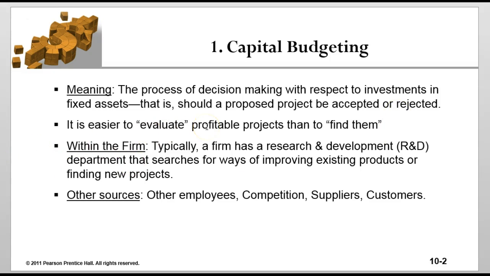And one of the things that the book brings out is that it's easier to evaluate them than it is to find them. So where do you find them? You find them within the firm. You have an R&D department. There might be ways to improve existing products or find new projects that play off of the existing projects. Other sources would be employees, who have great ideas, and competition. Where's the competition headed? Maybe you have a supplier that says, I have this great widget. Can you figure out what we should do with this widget? And then you have customers that are also going to suggest projects that may be